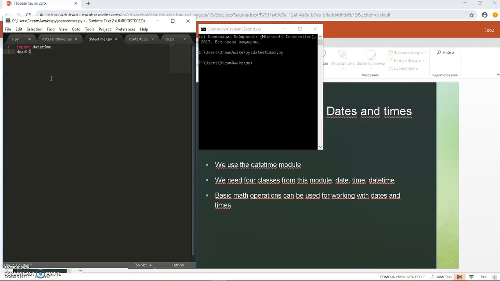The deadline. We write datetime module. Then we have to choose a class. For example, date class. I know the date of our deadline, but I do not know the time. So only date,